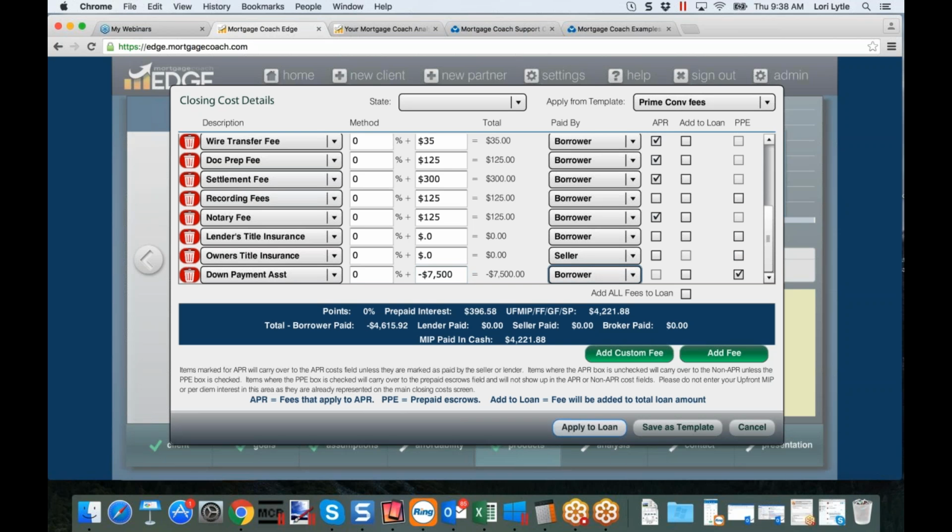So with that, it will reduce that cash to close by that down payment assistance amount. So we're not truly showing that second lien. We're just going to show it by offsetting that dollar amount because in this particular case there are no payments. It's just everything's due and payable at the end of the term or if they refinance or sell the house. So once I have that, I apply it to the loan,